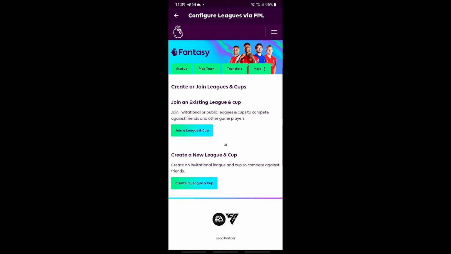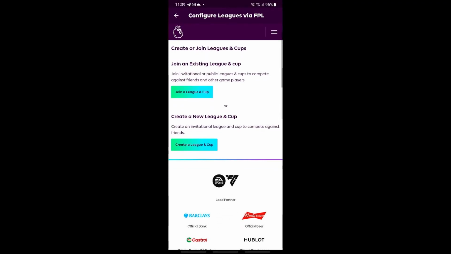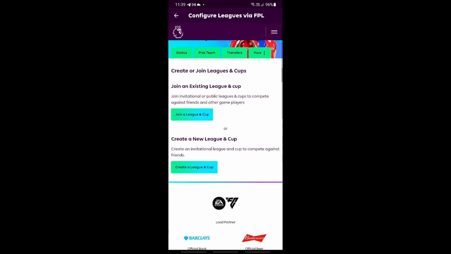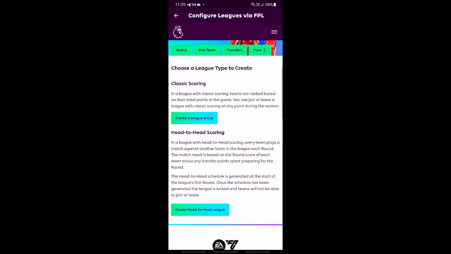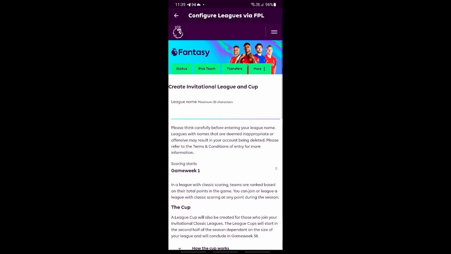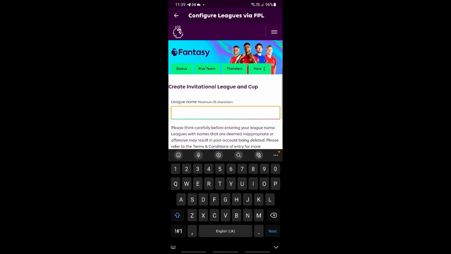And then you now have the option to go ahead and create a league cup right here at the bottom. So let's just go ahead and click on this, and then you can go ahead and create either a classic scoring type or a head-to-head scoring type. Now this really depends on your preference, but let's just go ahead and click on create a league cup right here. Now go ahead and give it a name like this one right here,